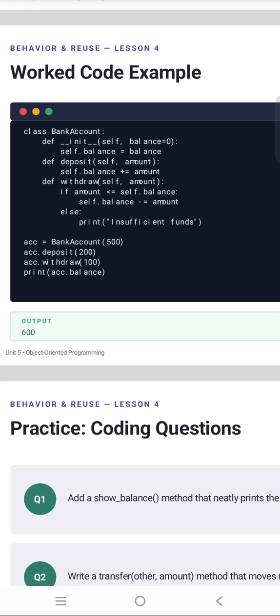Class BankAccount. We define init, self comma balance equal to 0. Self dot balance equal to balance. Define deposit, self comma amount. Self dot balance plus equal to amount. We define withdraw, self comma amount. If amount is less than or equal to self dot balance, self dot balance minus equal to amount, else print